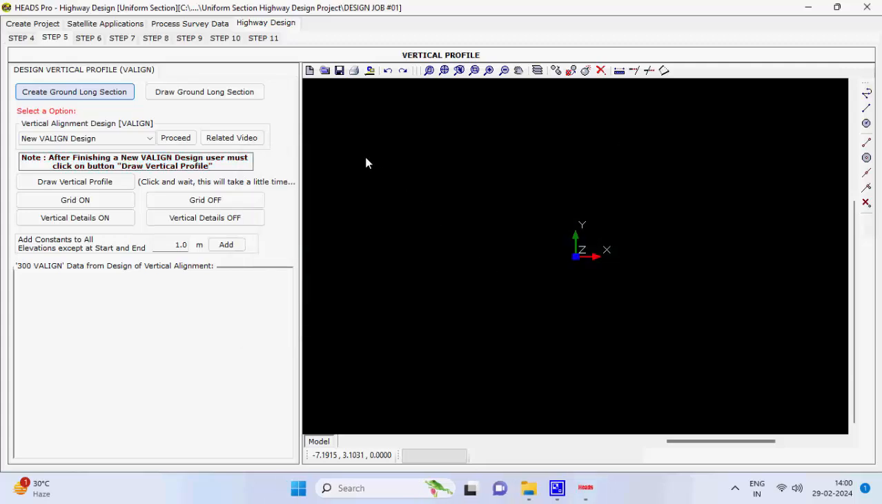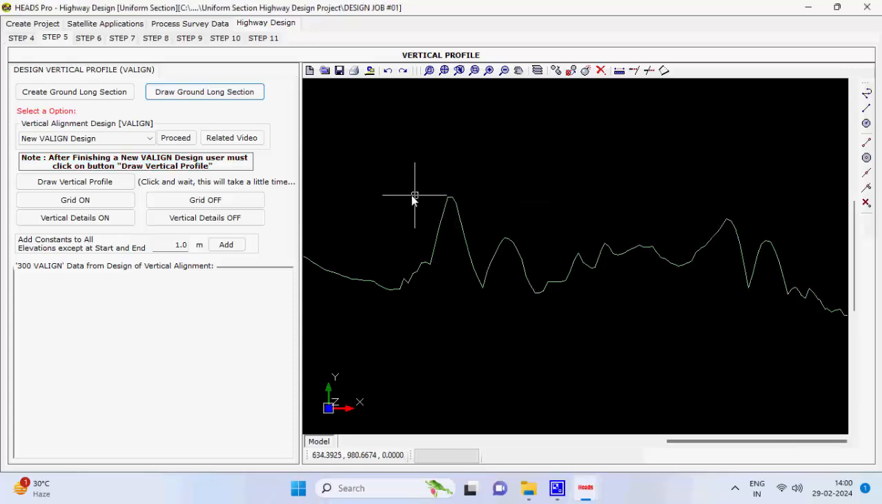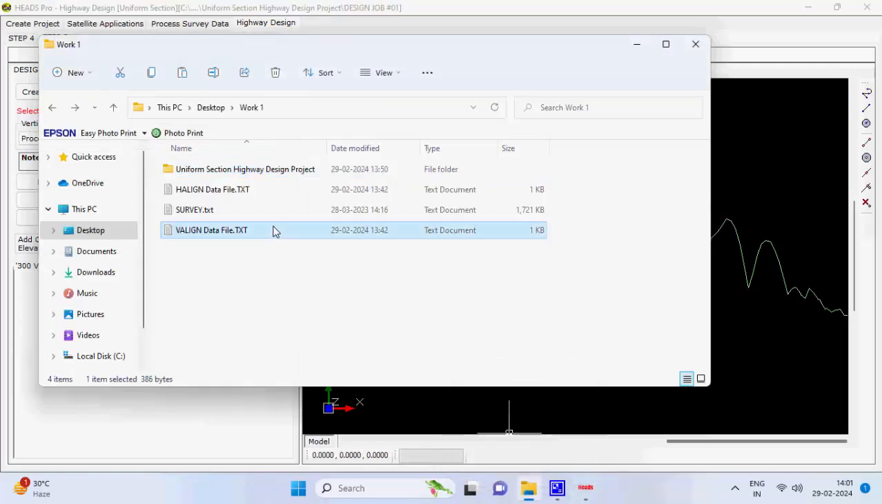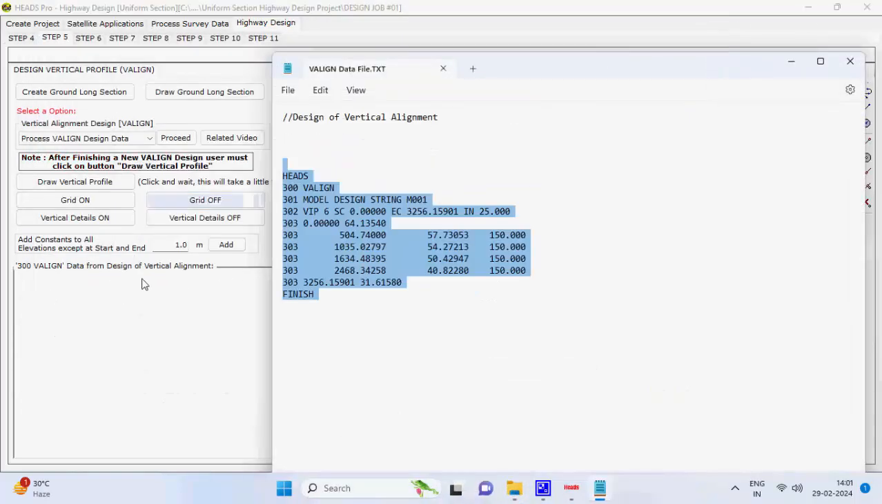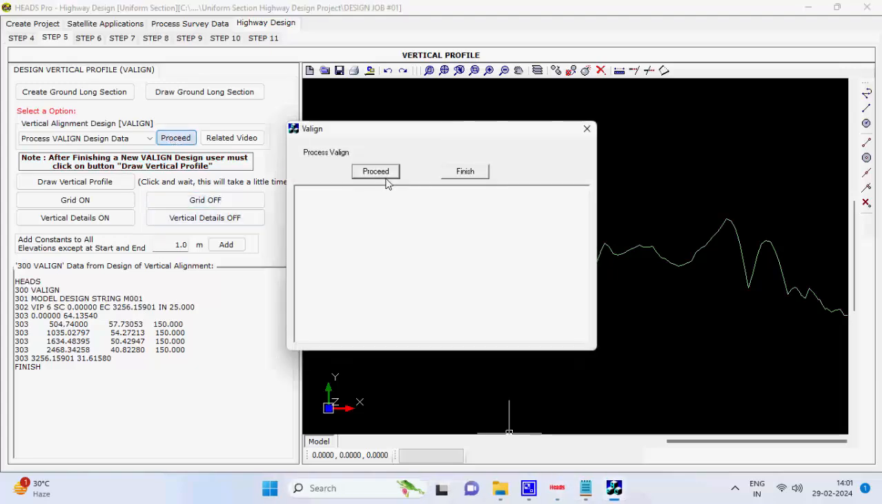Step 40, click on the button Draw Ground Long Section, the dialog box comes, the default horizontal and vertical scales are mentioned, click on OK. Step 41, next user may either select the option Process via line design data. Paste the via line data in the lower left box. Step 42, click on button Proceed, the via line data will be processed and the model will be saved with